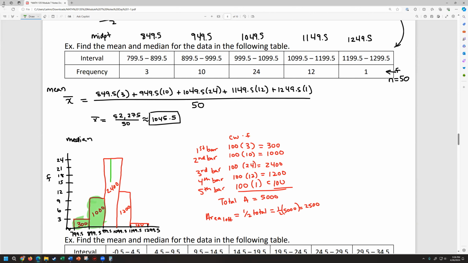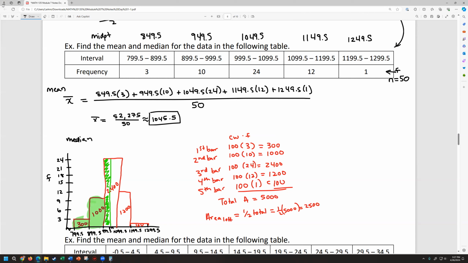I don't know where I'm going to stop, but I'm just rough estimating. We don't know what that is yet. I'm only going to go a part of the way into that final third bar's area because we want to make sure we stop at 2,500. Now it might be a little further over. I'm just rough drawing this picture. Okay. So my M location should be somewhere between